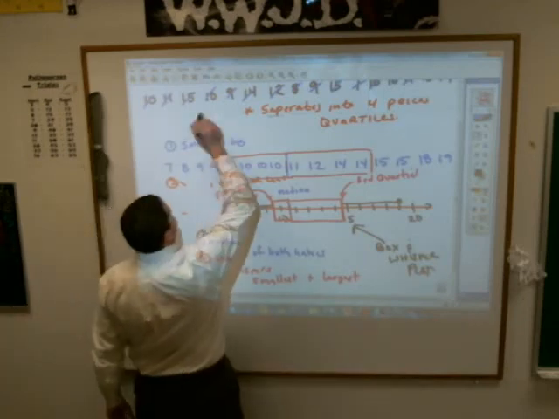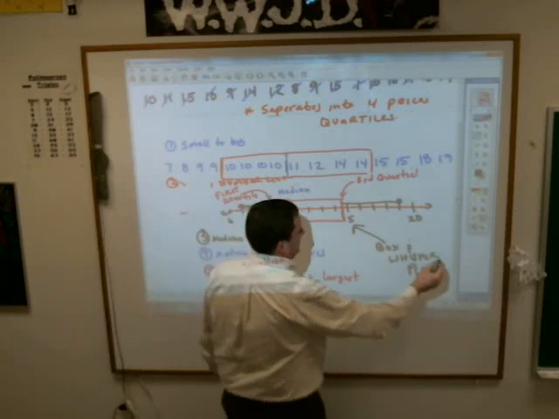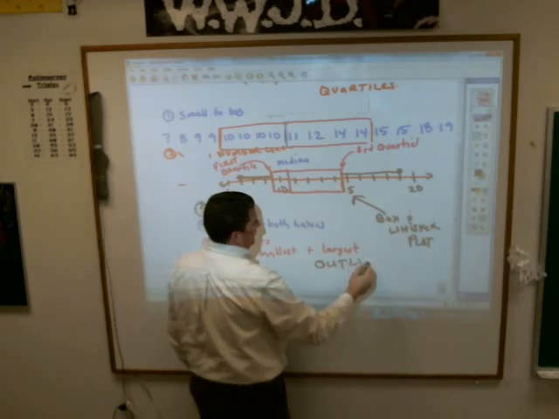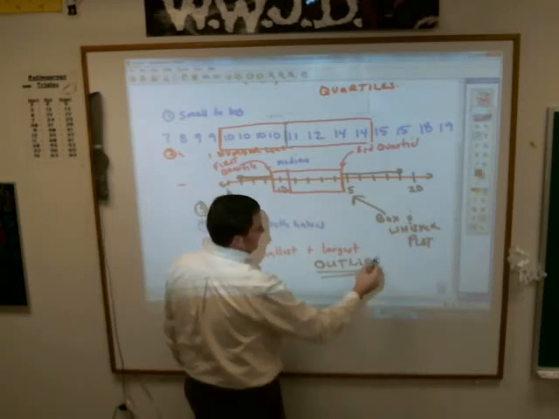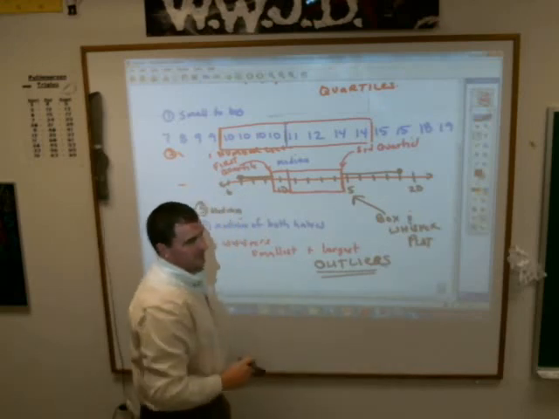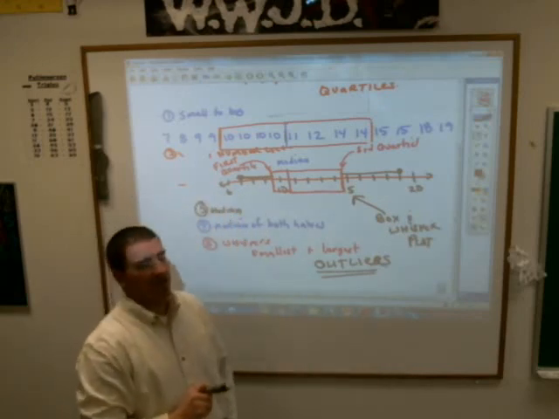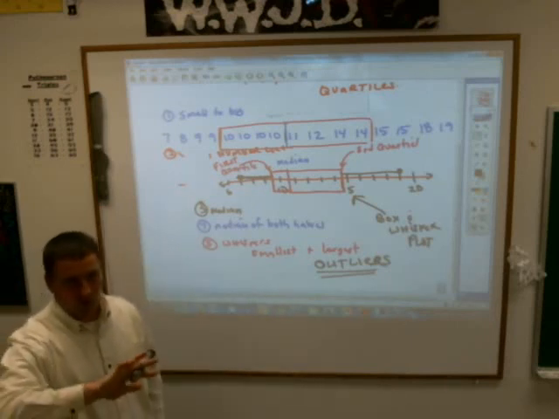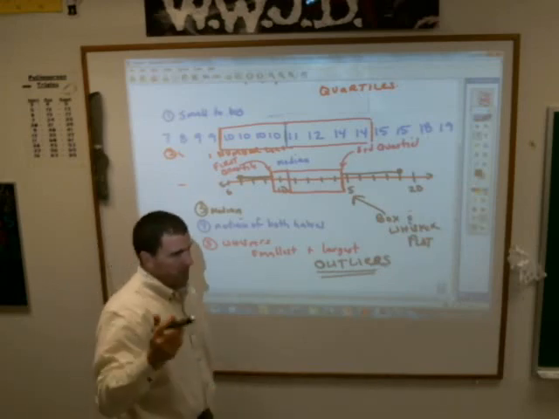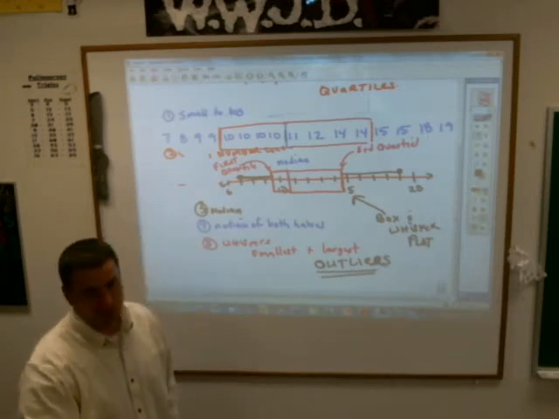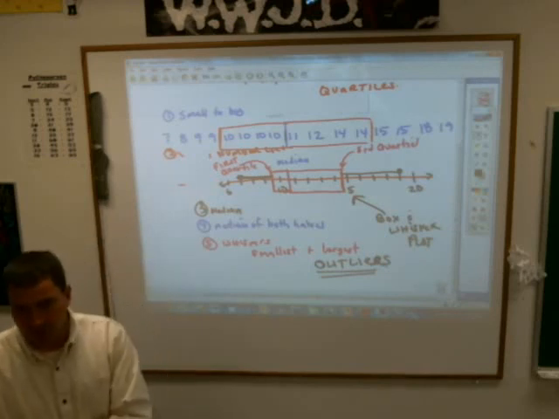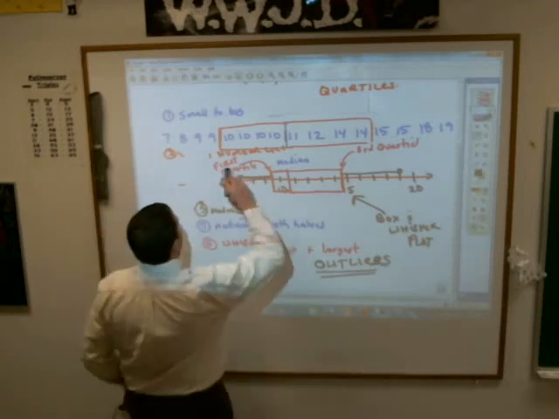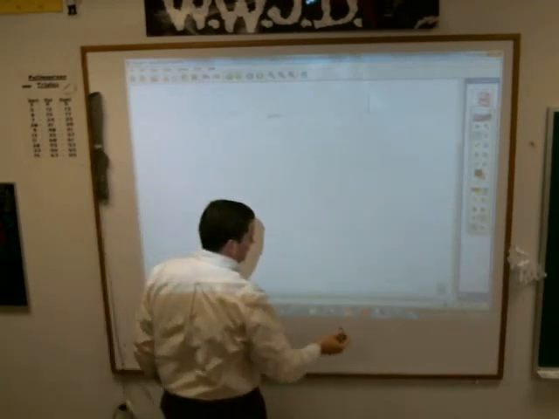Now, leave room on your paper, because tomorrow we will talk about things called outliers. It takes a little time, and there's a mathematical formula that you have to use to figure them out. Outliers are simply numbers that would skew the data because they're so far away from the norm. For example, Jacob has a 30-some-odd-year-old brother or sister. That's way out of the norm, but there's a formula that you have to use to see how far that is. So what I will do, children, because we'll talk more about this tomorrow,